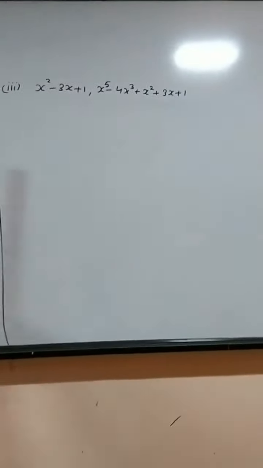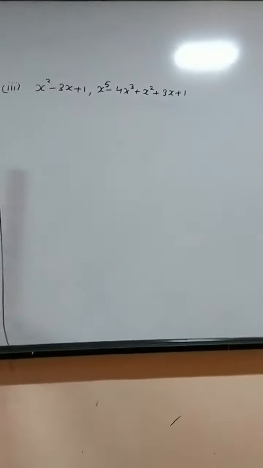So the formula is minus b by a is equal to 2 by a. Therefore b is equal to minus 2 and a is equal to 1. Alpha beta plus beta gamma plus gamma alpha is equal to what? To c by a. So c is minus 7, a is 1. And alpha beta gamma is d by a. Therefore d is minus 14 and a is 1.